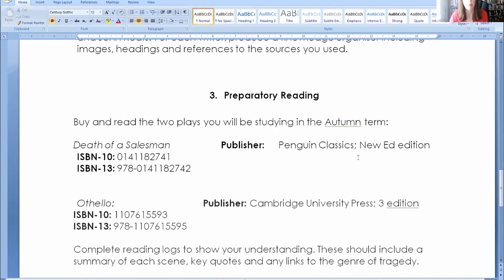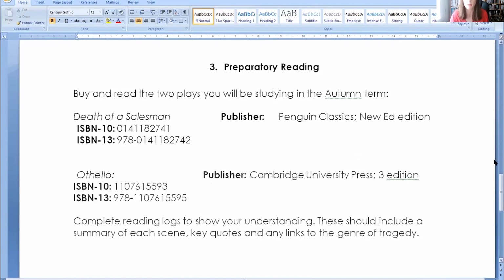And then finally, preparatory reading. So at A-level, we do expect you to have read the texts before we actually start to study them, so that we can explore them in more depth and detail. So you will need to buy your own copy of the 2 plays, Death of a Salesman and Othello. Those are the 2 that you're starting with in September. You have specific ISBN numbers there, so you do need to get a particular edition and look for the publisher being correct as well, so that when we're looking at page numbers, you know what page number to refer to